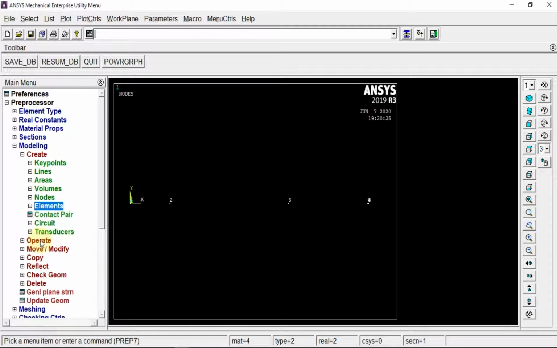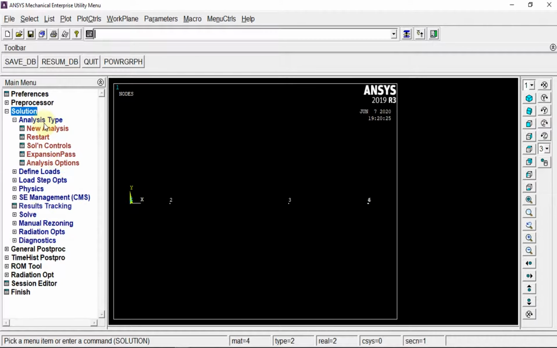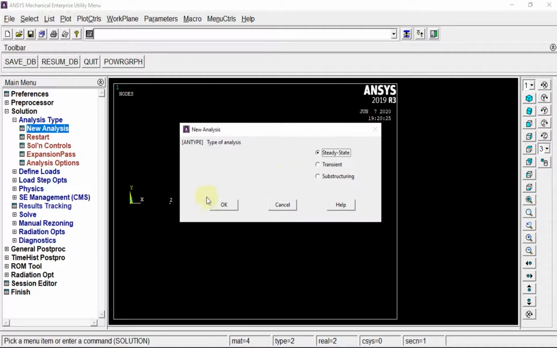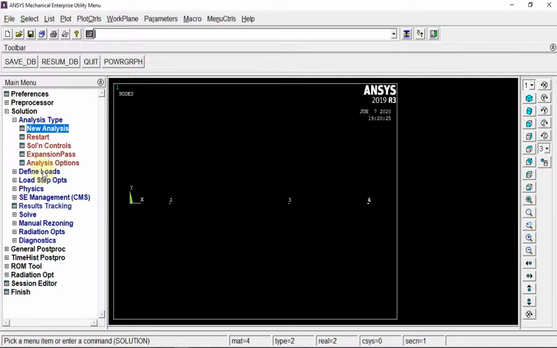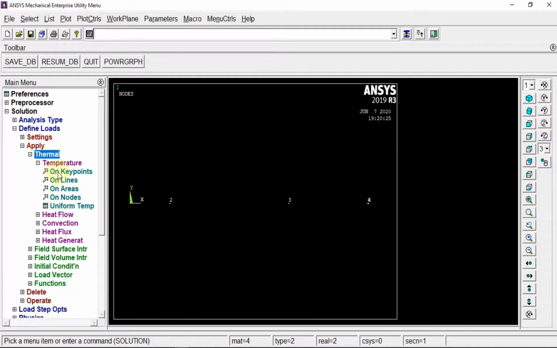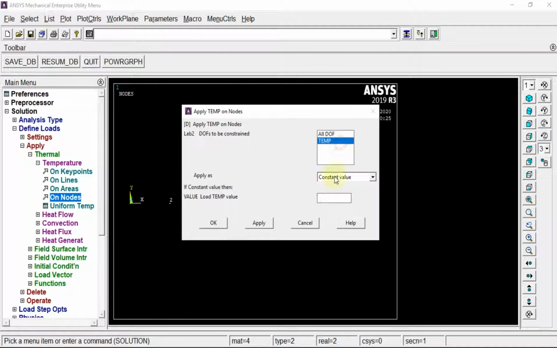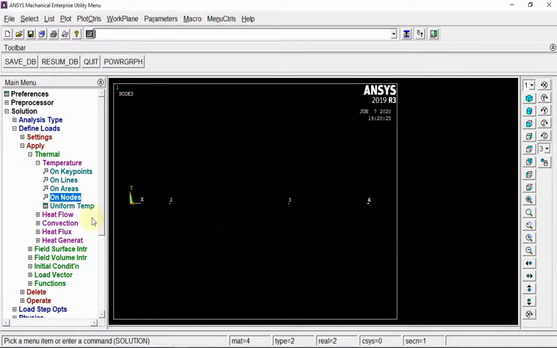Now since we have created all these elements, the next part that we are going to do is go for solution, and over here in new analysis we have steady state, fine, and define loads. Over here we define loads, apply, thermal, on nodes, and on first nodes it's actually given to be as temperature, and it's given as 400 degrees Celsius, so that's what I'm going to apply.